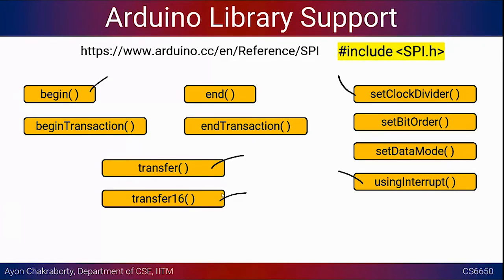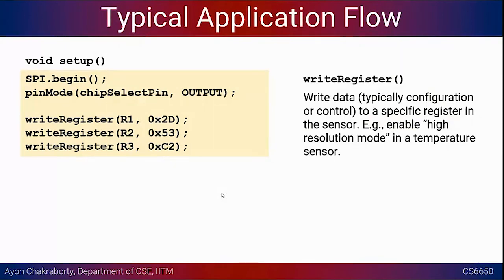Okay, and the idea for you is to know the underlying details of the library, so that if you need something very specific to your sensor, not general purpose functionality, then you can reduce the size of your code. Okay, so I'll give you a typical application flow, how it might actually work in a real Arduino sketch, and then we'll wrap up for today, right?